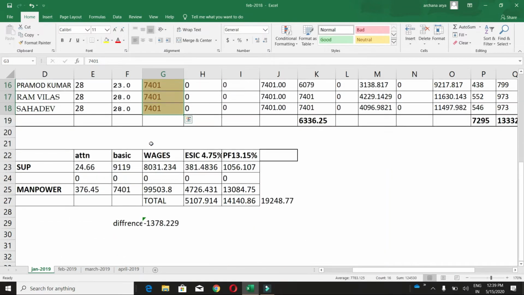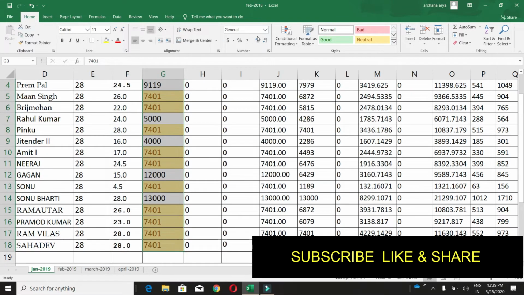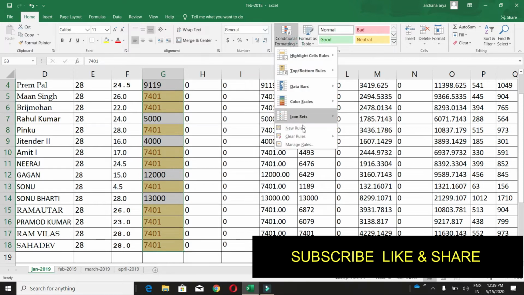See guys, these are the employees. This is 7,401, so this is between 7 to 8,000, and this is 9,000, 1,090. This is above 8,000. These are the employees getting salary between 7,000 to 8,000. Same, we will clear all the rules from here.